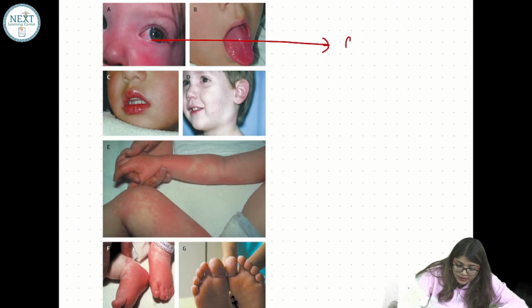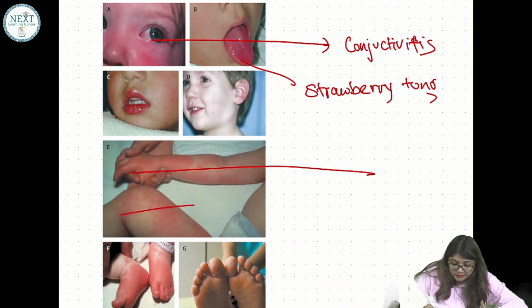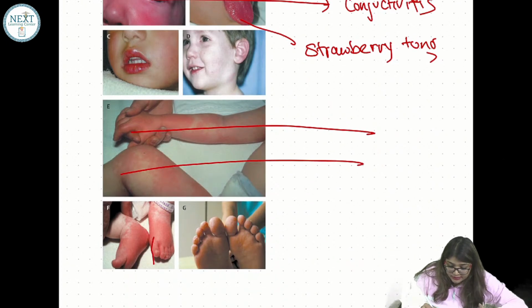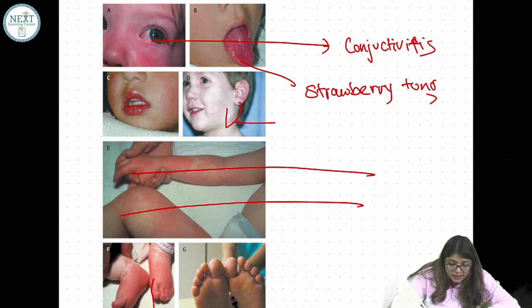Here in the eye, you can see conjunctivitis. This is your strawberry tongue. Mucosal involvement leading to strawberry tongue. What about this one? This is erythema on the palms and soles, right? And there will be adenopathy. What kind? Cervical